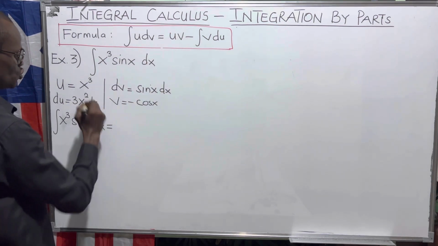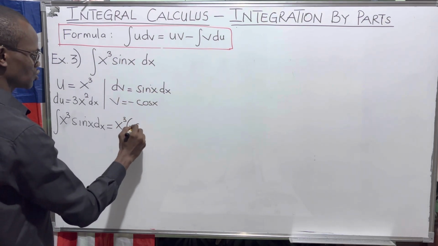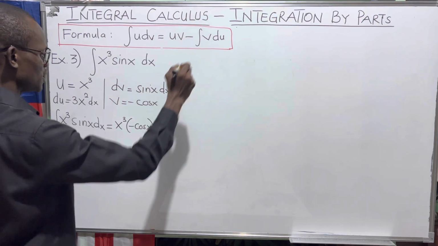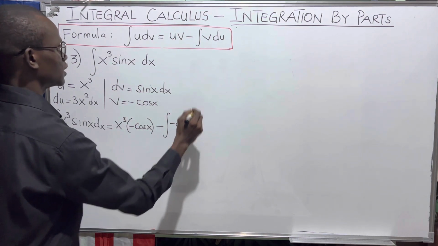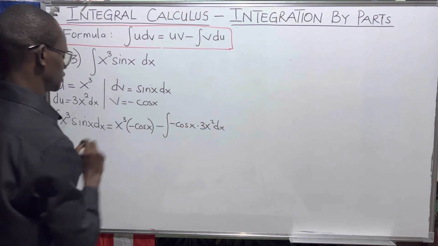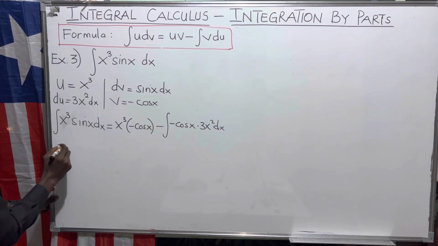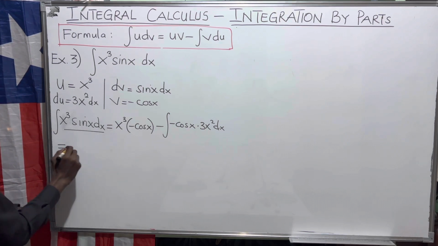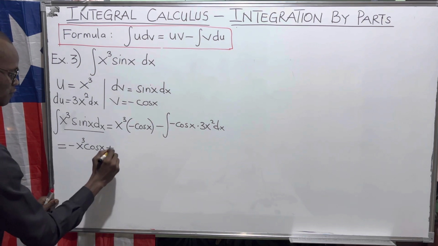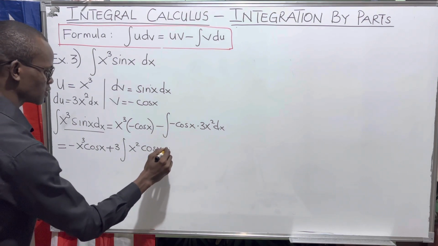So the integral equals u, which is x cubed, times v, which is minus cos of x, minus the integral of v, again minus cos of x, and then du is 3x squared dx. We're not going to be writing this continuously, so you have negative x cubed cos of x, negative times negative is positive, plus 3 times the integral of x squared cos of x